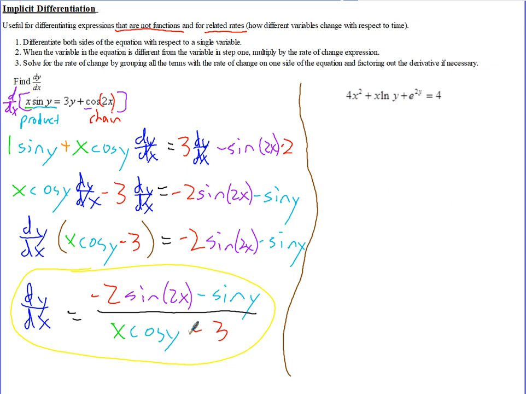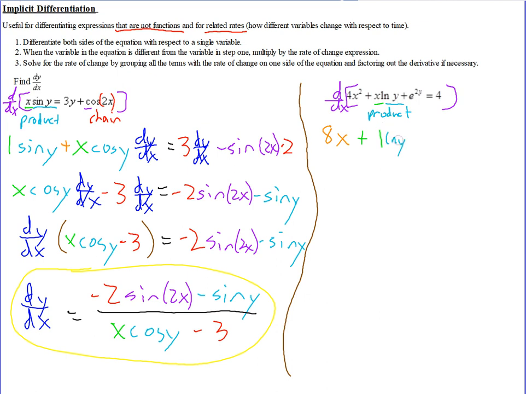Well, let's take a look at another one here. And if we take the derivative of this whole equation here, the derivative of 4x squared is 8x. And then we take the derivative of x times natural log of y. Again, that's another product rule, where it's x times natural log of y. So we take the derivative of x, which is 1. It's 1 times the natural log of y as it is,